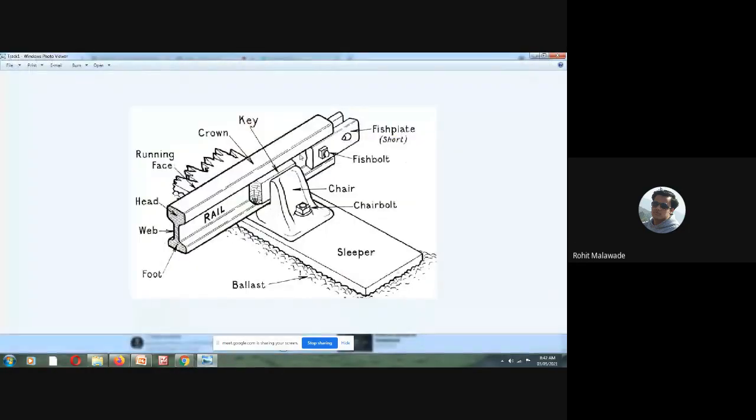In this particular diagram, as you can see, there is a cut of the rail over here, and again this rail is going to continue further. Whenever there is an end of the rail, if we want to join it with the other rail, there we will be using these fish plates and the fish bolts. Is it clear?